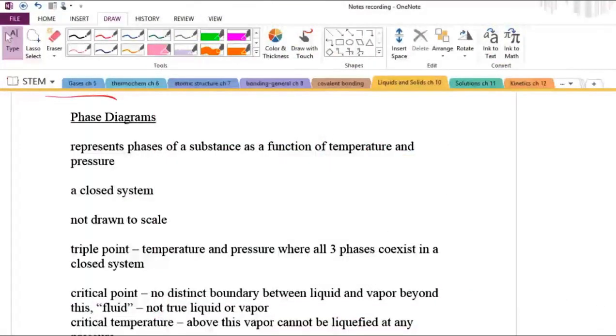And another type of graph we can do is a phase diagram. Phase diagrams represent temperature and pressure, and it's a closed system, and they're typically not drawn to scale. A few key temperatures and pressures will be labeled. Now, some important things we need to look at on the graphs are the triple point, where all three phases coexist,